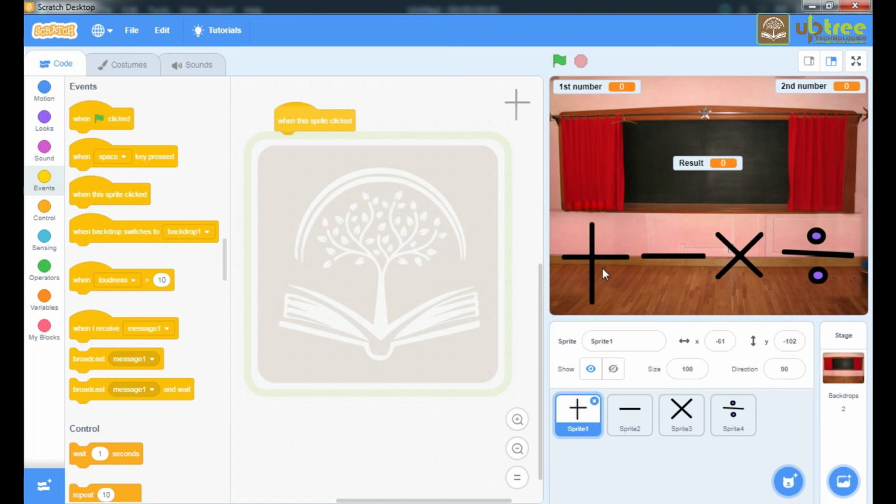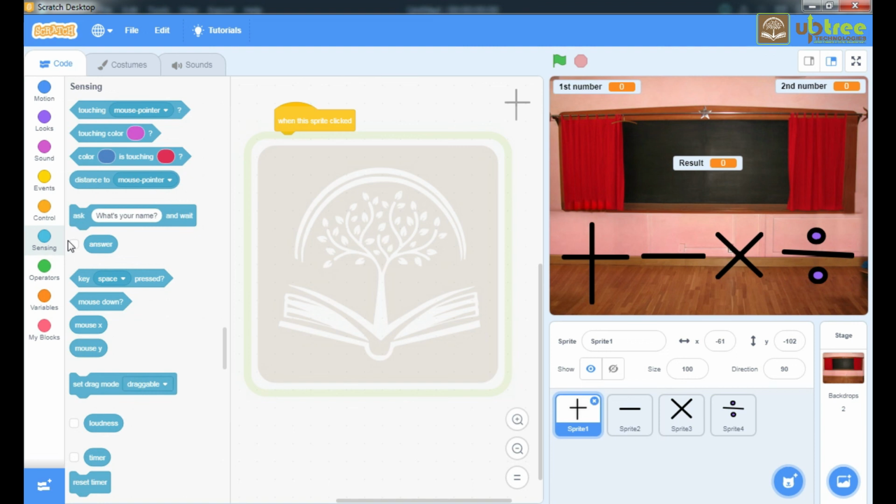Our next task is to take inputs from the user, because to perform any mathematical operation we need two values, and to get those values we need this command, ask and wait. Here I will ask for enter your first number.